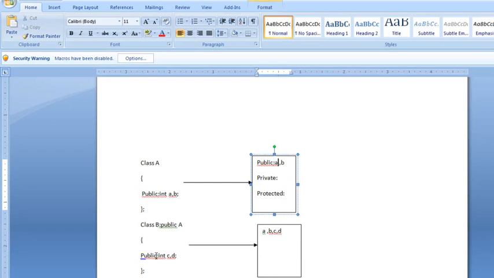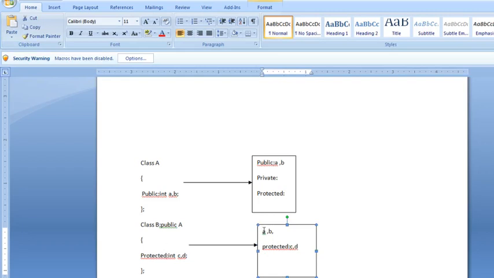It may be possible that you have declared C and D as protected properties of class B. So obviously C and D become protected properties of class B. But what about A and B?